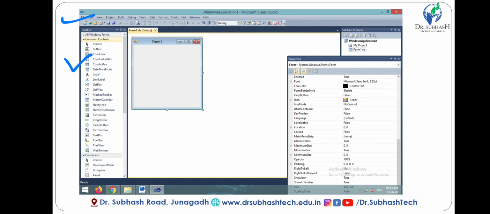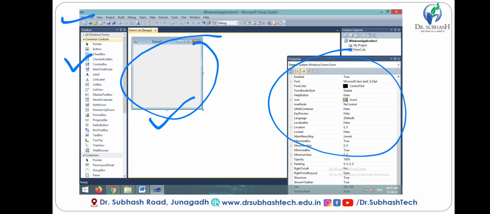Now this is the property window. It consists of properties of a particular form or a particular tool which is related to the form. So suppose in form 1, this is a form. If I take a button, then in the property window it consists properties of form 1 as well as the button.